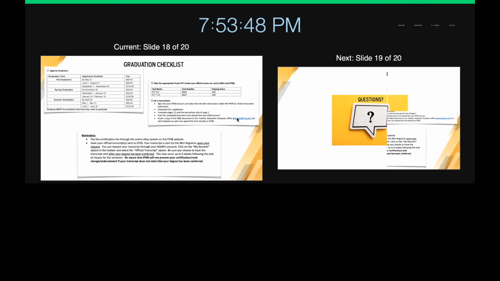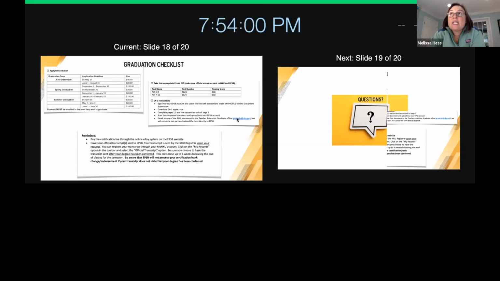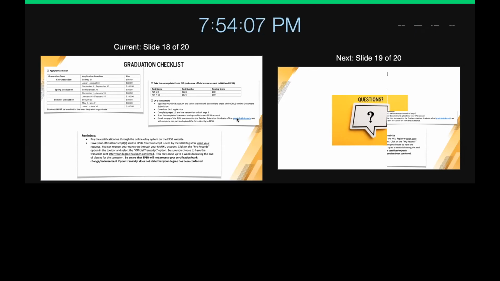I have one. Since I've taken the Praxis for both middle school science and for high school earth science, do I need to take both PLTs? Yeah, that's a really good question. If you are wanting licensed in both, you need to take both of them. And these are both done through ETS, right? Yes, the test.